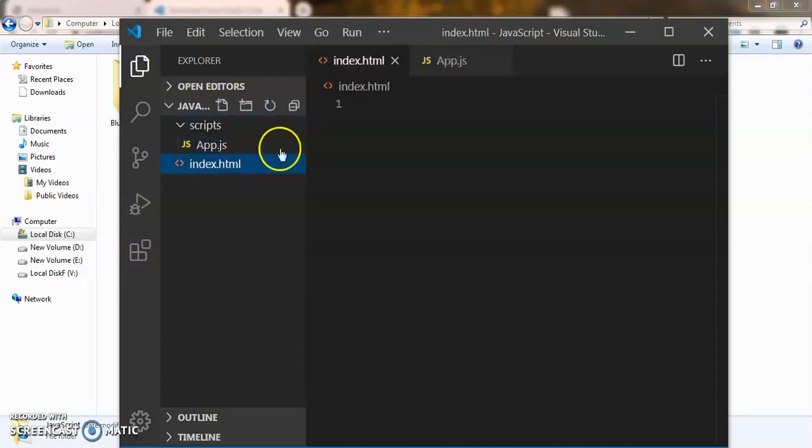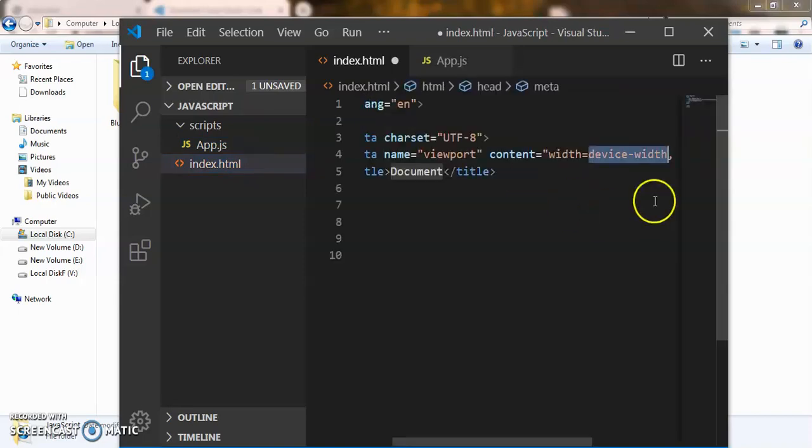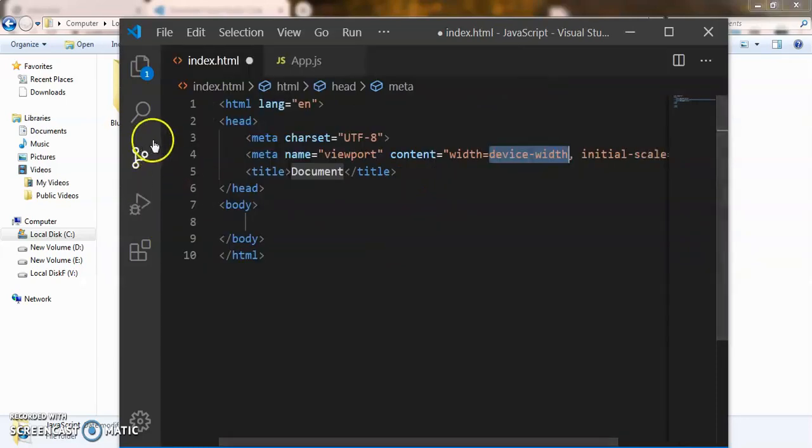In the index.html just type doc and then press tab. So you get a basic HTML layout with a header and body, and press Ctrl B to hide the Explorer. I just pressed Ctrl and plus to zoom in the view, so you can see the code more clearly.